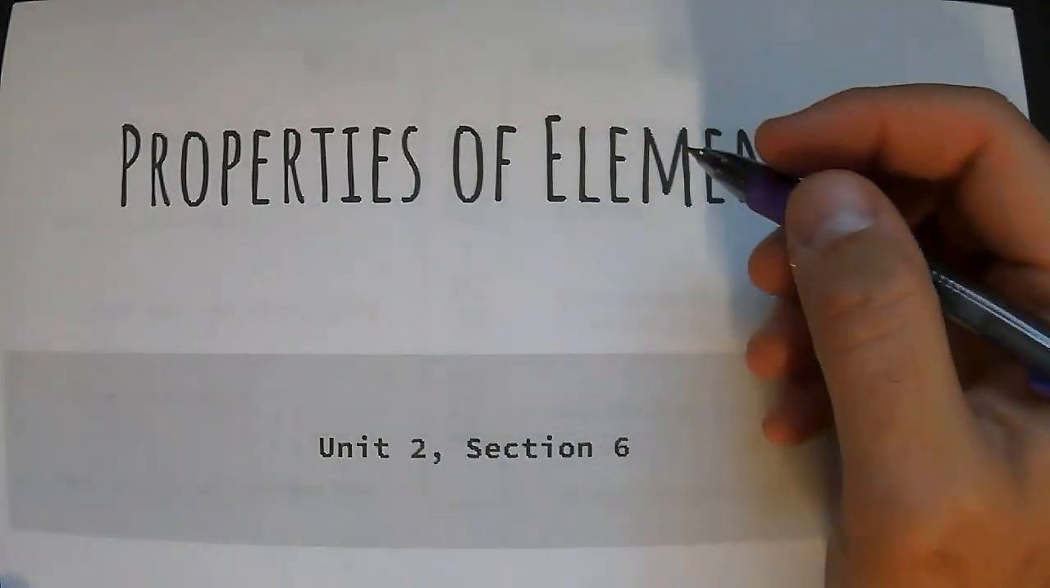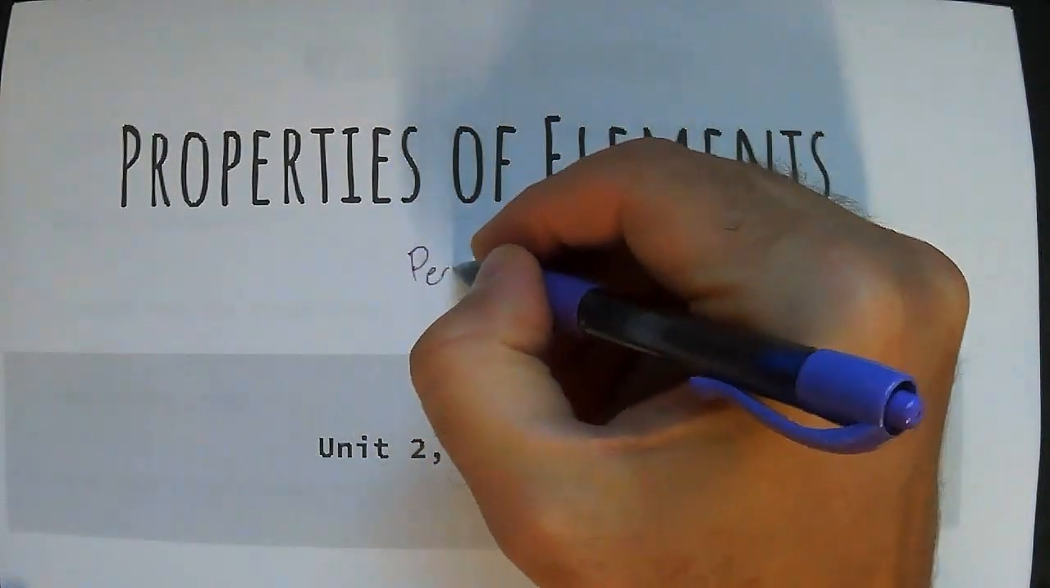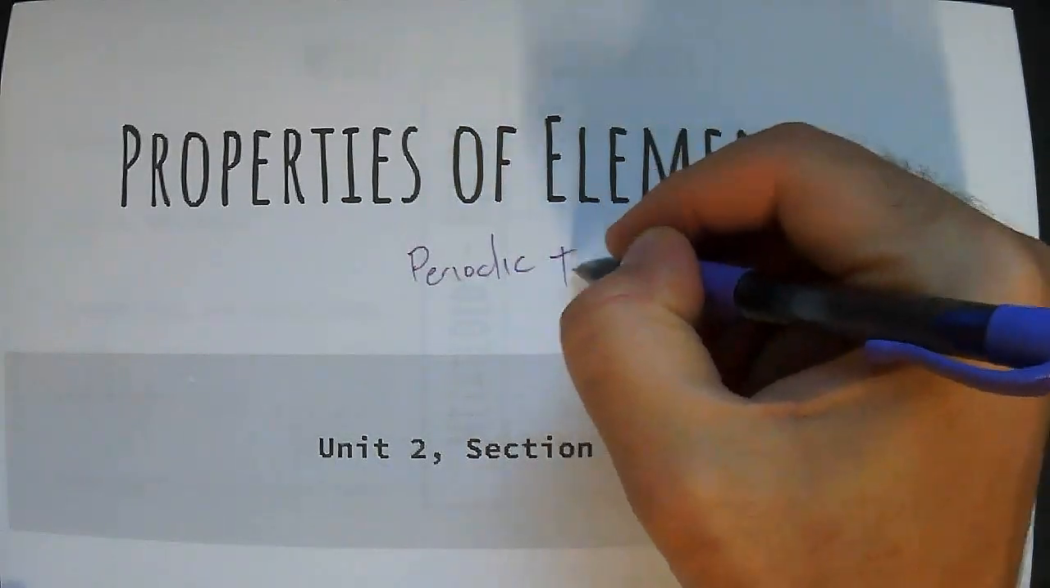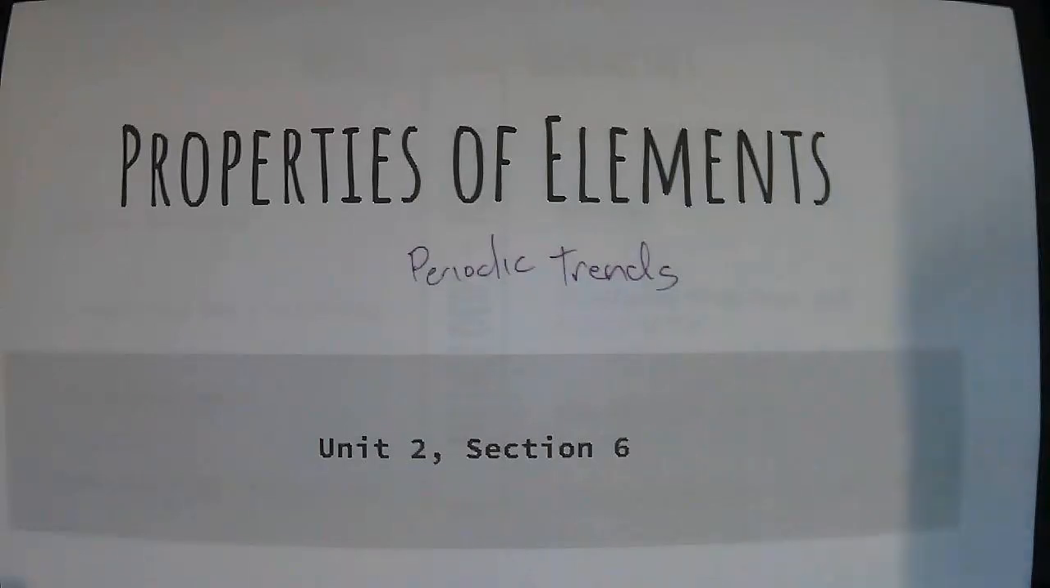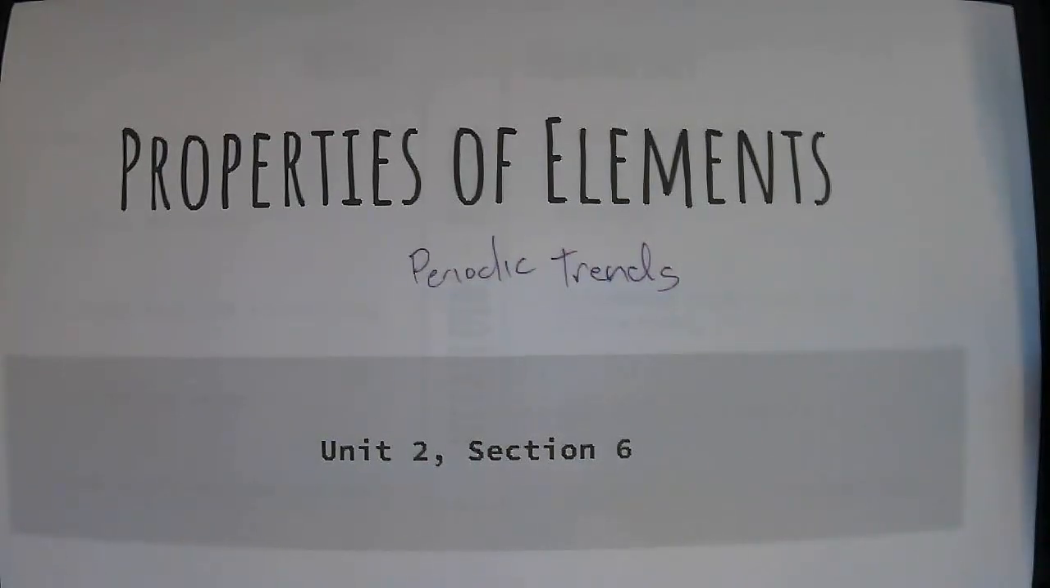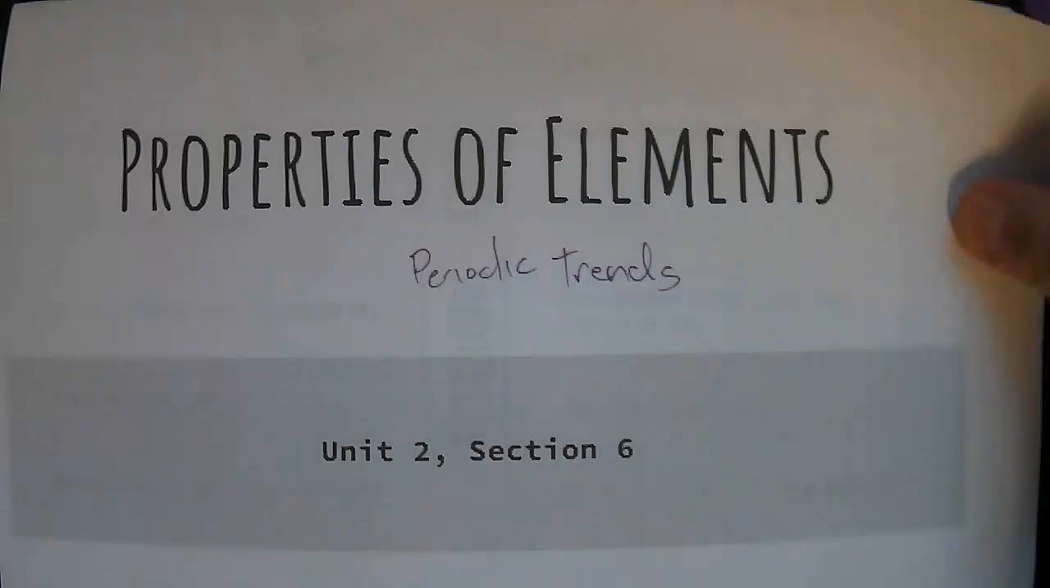This is Mr. Walsh, and today we're going to be talking about the properties of the elements, which is a kind of a precursor to our periodic trends unit or section here. So this is going to wrap up Unit 2, and it's basically using the periodic table to understand what kind of properties elements have. That's really the goal of this: understanding the periodic table and making predictions based on the periodic